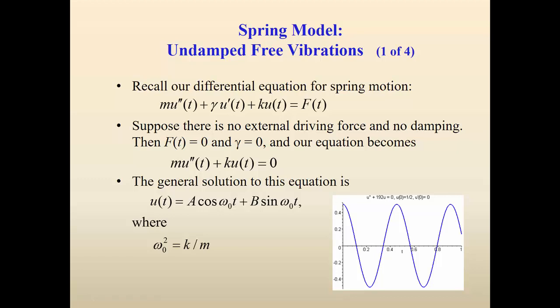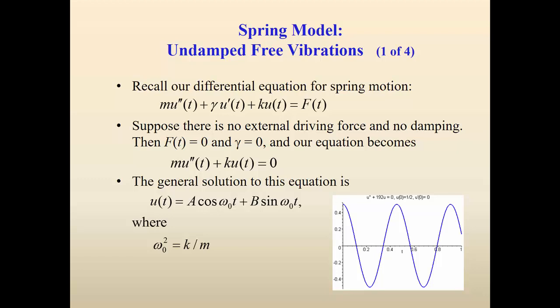Okay. So, general form m u double prime plus gamma u prime plus ku is equal to f of t will always be the kind of concept that we're building off of. So if we have an undamped system, we make gamma equal to 0, and if it's a free vibration, that means there's no external driving force, so f is equal to 0. And we get general solutions. Remember, m, you can't have negative mass. Well, I don't think so. Talked to a physicist. And a spring constant k is going to be positive. So that means we're going to get a purely imaginary root